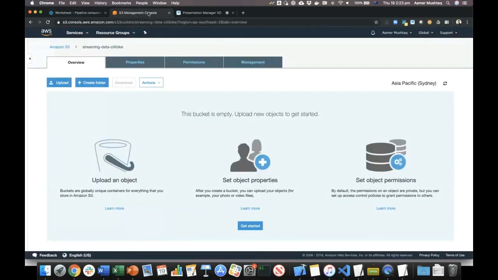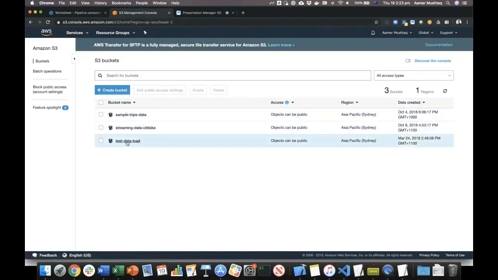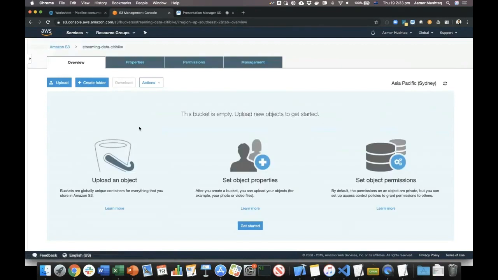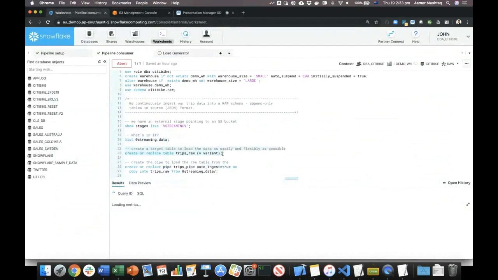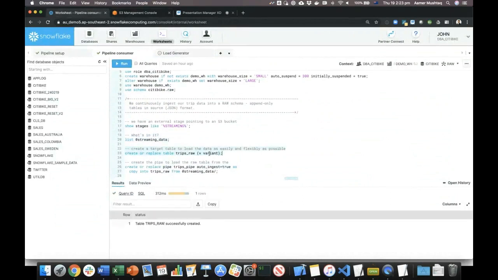This is, I hop over to my S3 console. These are the three buckets. This is the bucket that's actually going to receive some files. There's nothing in there at the moment. Right? So let's go and create a table. And if you notice, I'm just creating a raw table which is going to have JSON files. I'm just creating it with one single column. I'm using variant data type, which allows me to load JSON files in a native format without actually requiring any